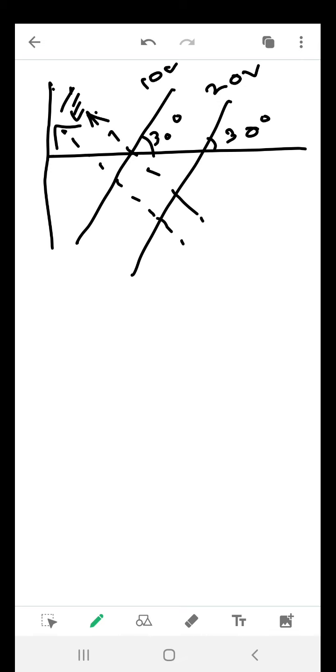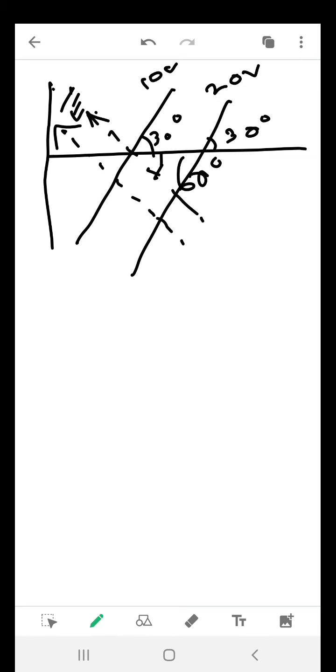If this is 30 degrees, then tell me what will be the value of this. This will be 60 degrees, right? This will be 60 degrees because the electric field line is perpendicular to the equipotential surface. So if this is the equipotential surface and this is the electric field, then this angle must be 60 degrees, so that they make an angle of 90 degrees. Now from the figure you have to identify the distance dr and the potential difference dV.